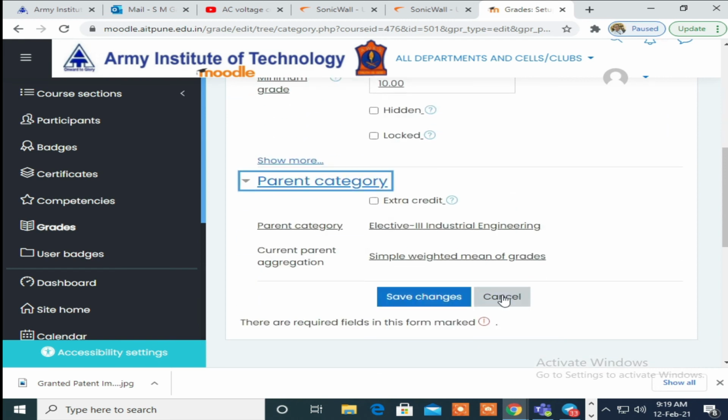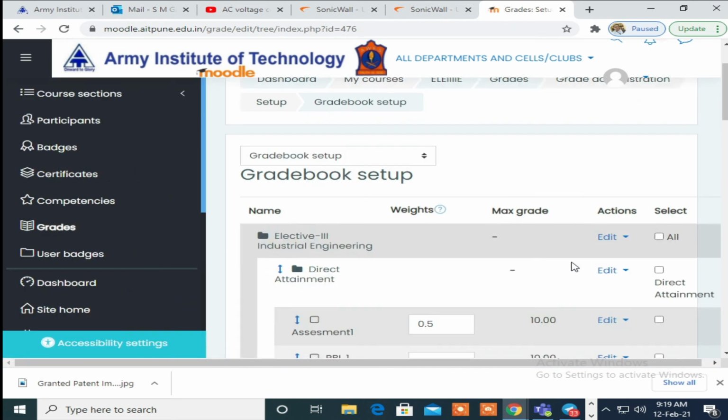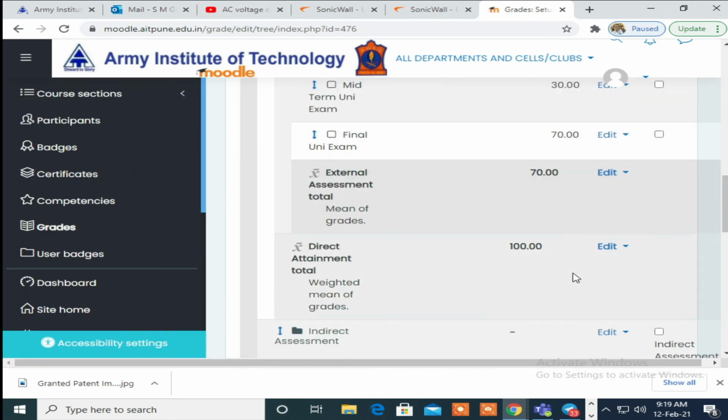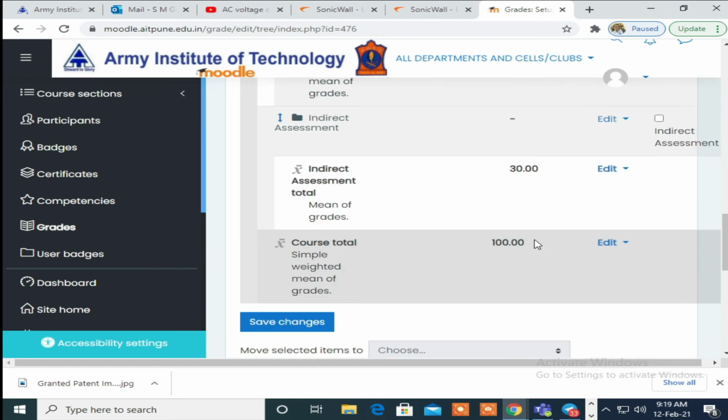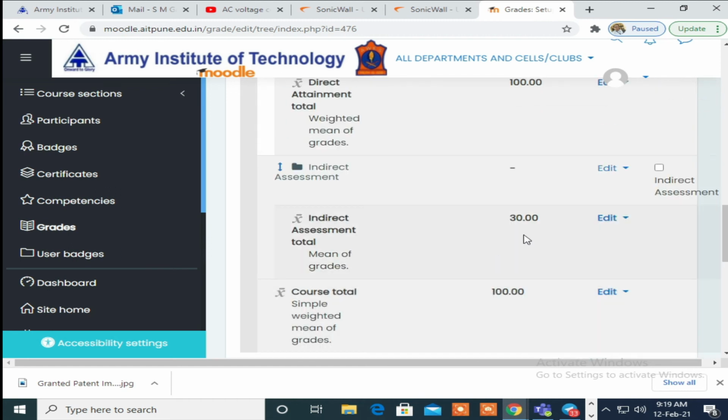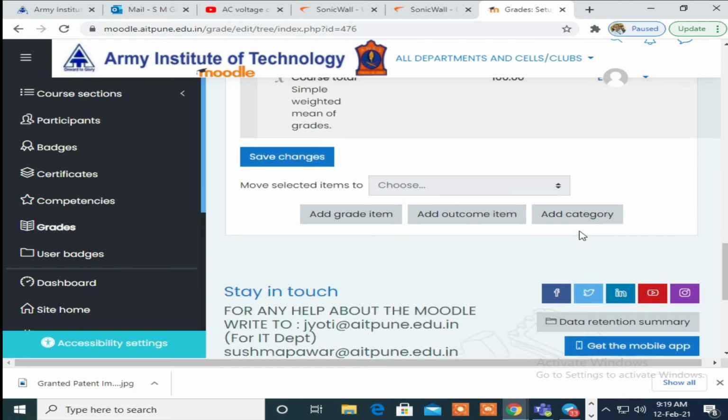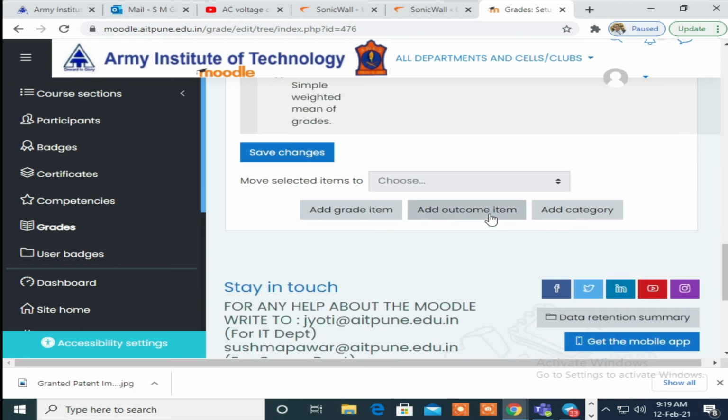Okay, so here do a save change, it is under industrial engineering. Now we need to add the grade items inside this indirect attainment. So go for add grade item.